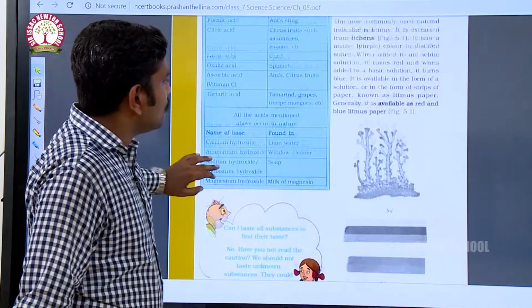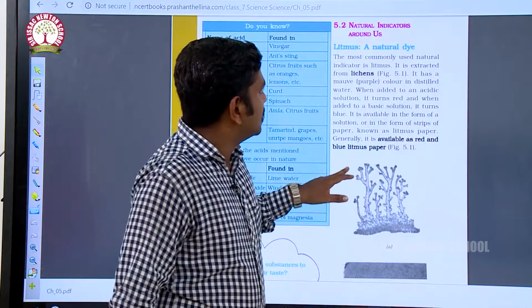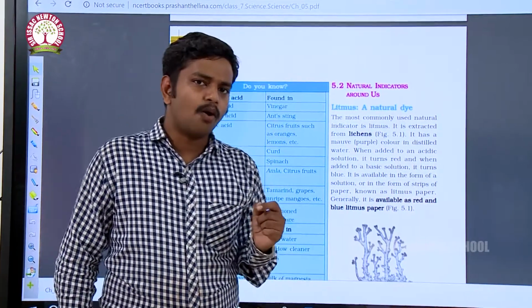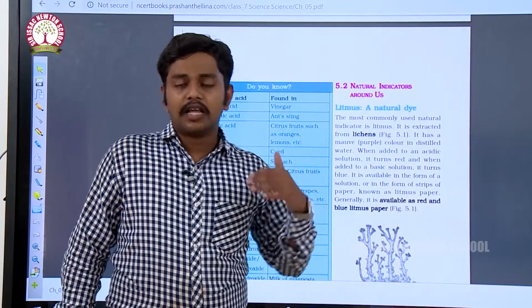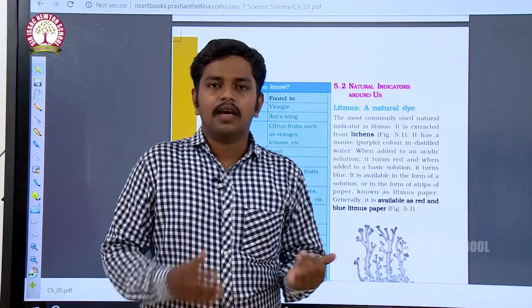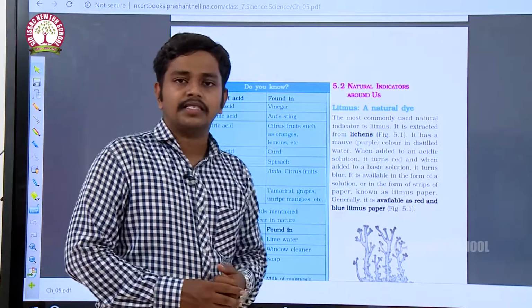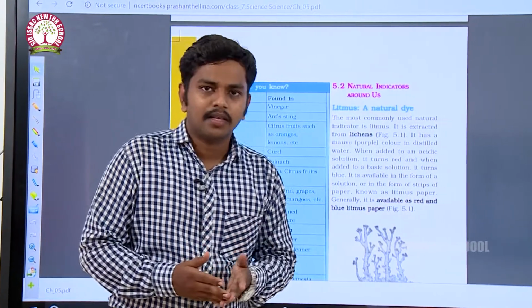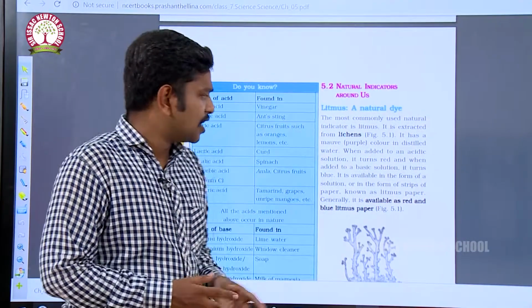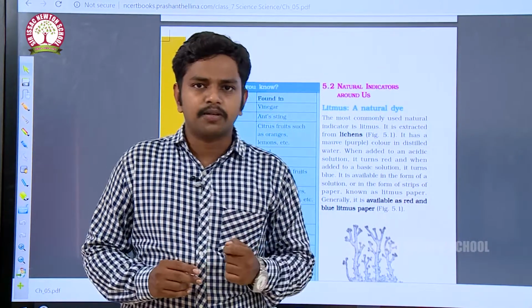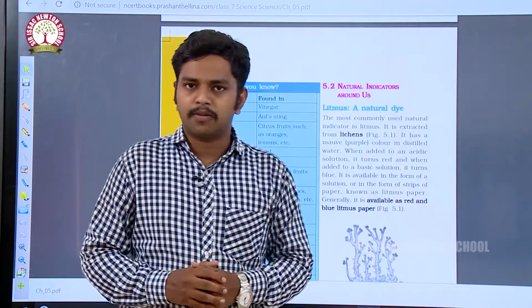And then what is meant by litmus paper? Generally, litmus is naturally available from plants like lichens and from petals of flowers such as hydrangea, petunia and geranium. These kinds of plant petals are used to make litmus paper. Actually, litmus paper is of two types: red litmus paper and blue litmus paper.